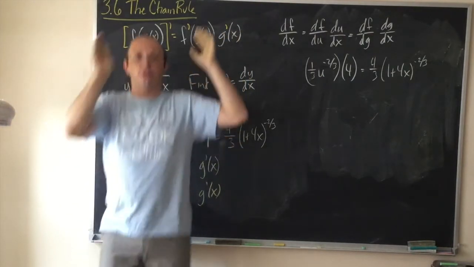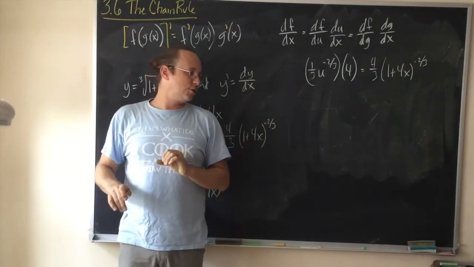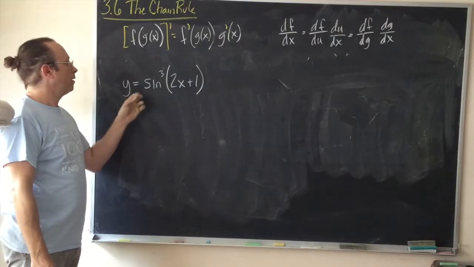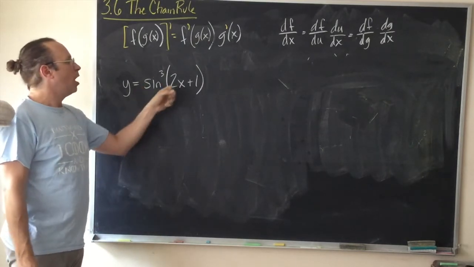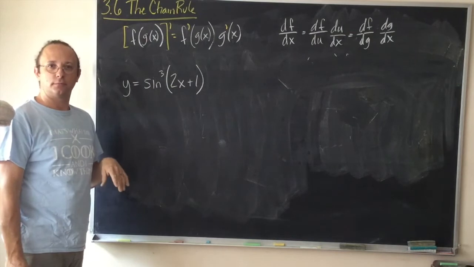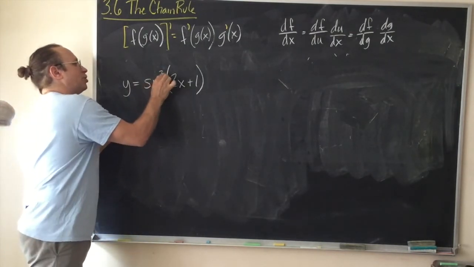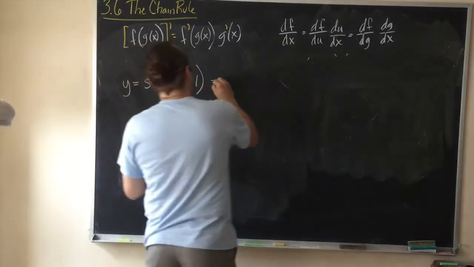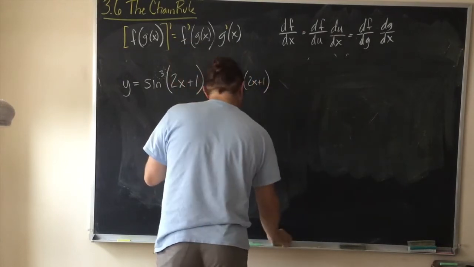If there's an inside of that, you deal with the inside of that. So you can actually nest several chain rules, and let's do an example where we have a little bit of nesting going on. Next, I'd like to consider the function y equals the sine cubed of 2x plus 1. And the first thing to note is the mathematical convention. When we put that 3 right there, what we actually mean is that this is the sine of 2x plus 1